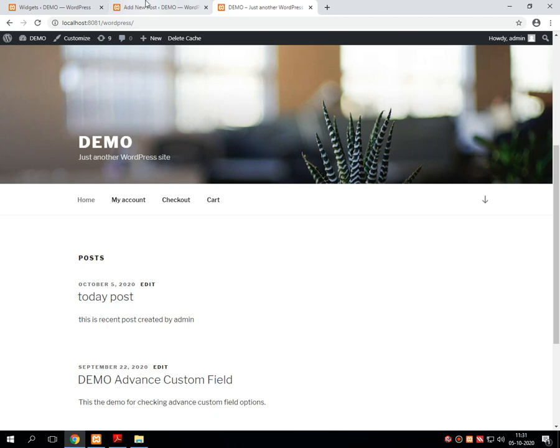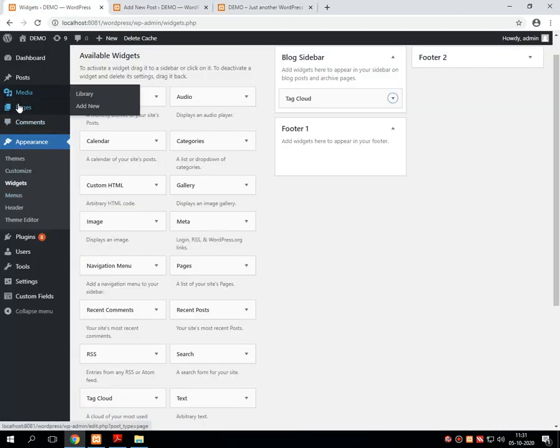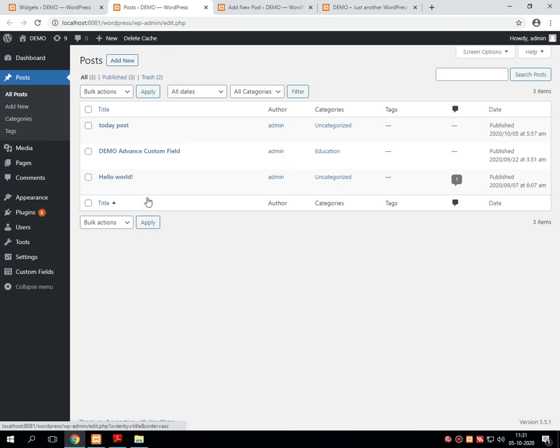I think we have not created any tag, that's why it shows something like this. Let me go into the post first, and there are no tags in any of the posts. I am just selecting this post which is the latest one.